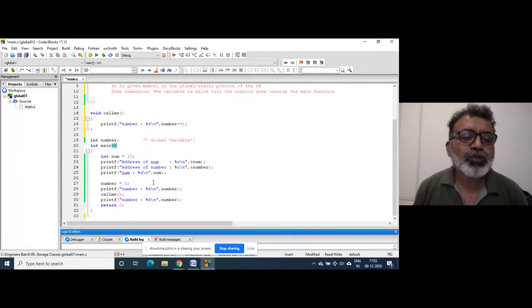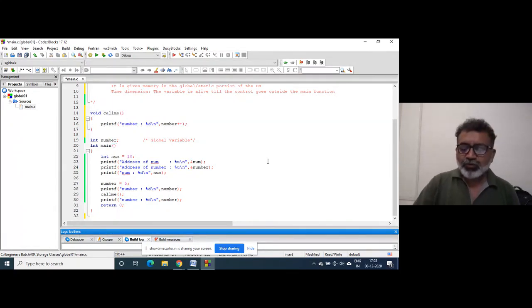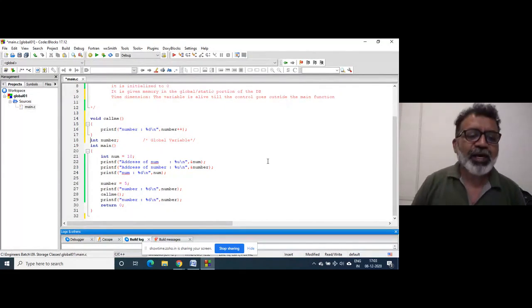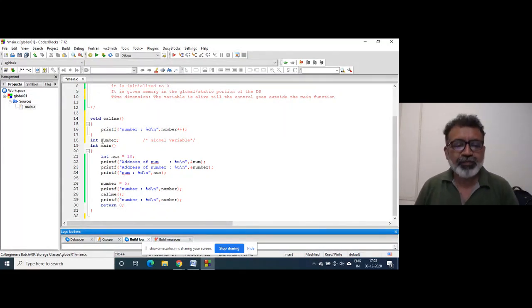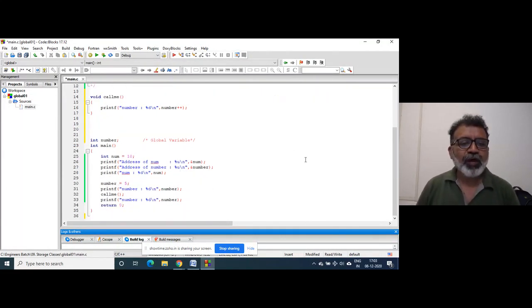What I want to exhibit is that I will keep the gap intentionally, this much gap. If I run this code now, number is a global variable. So far, I will comment this, I mean, nothing is there.